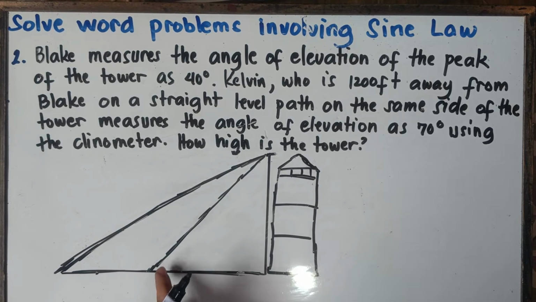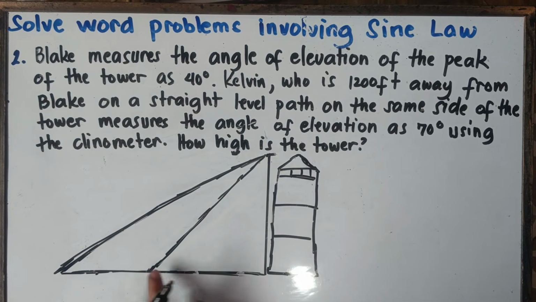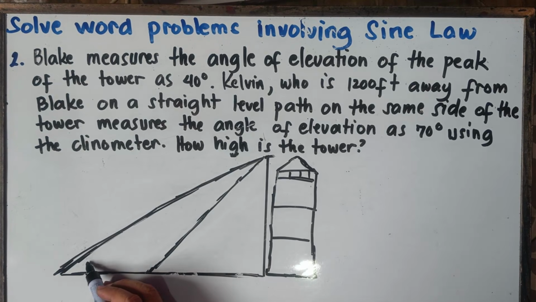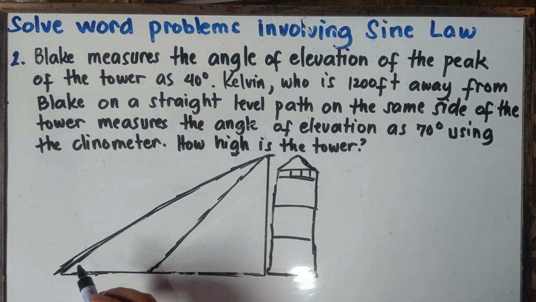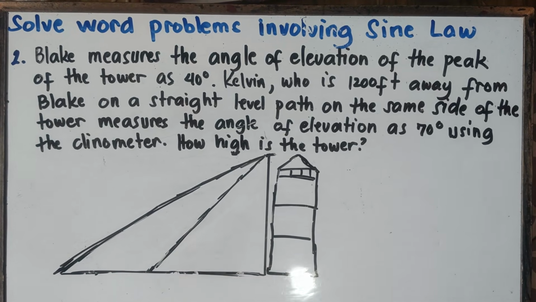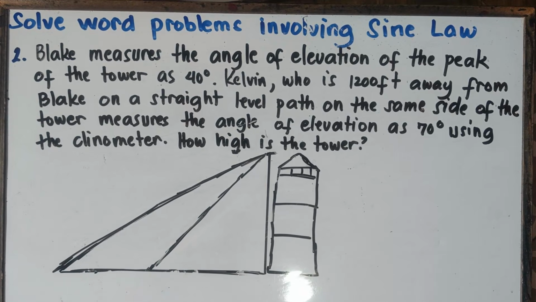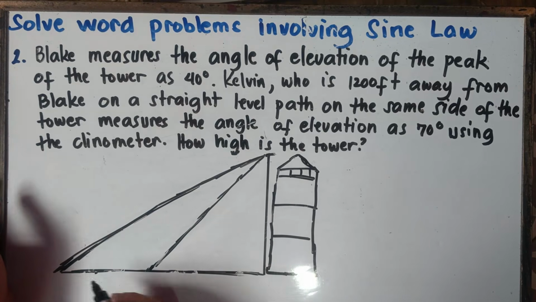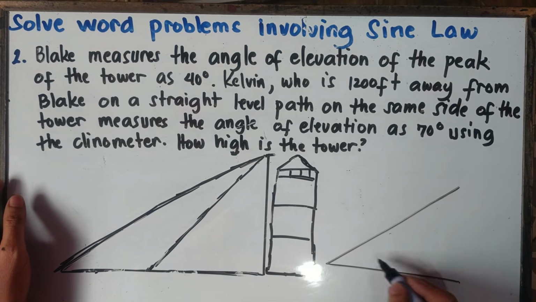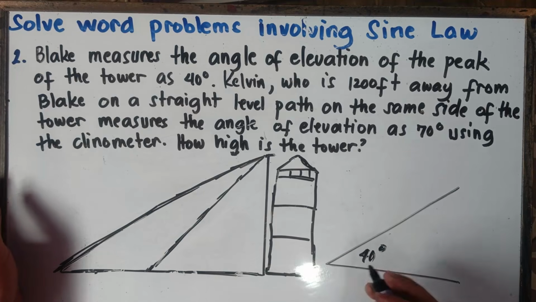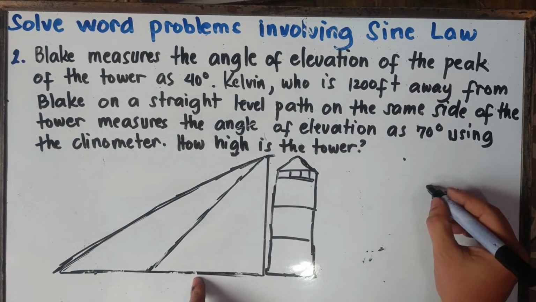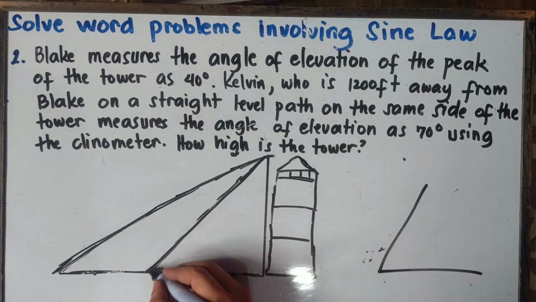Now, question, class, just based on this given illustration and the given angle, where do we put 40 degrees? That's correct. We will put 40 degrees here, based on the given opening with regards to the angle. Let me just have the protractor, class. If you have your protractor, I'm sure that for 40 degrees, the opening is like this. This one right here is 40 degrees, right?